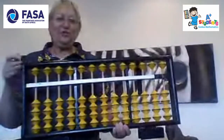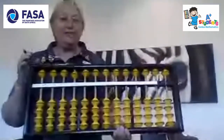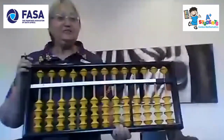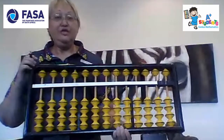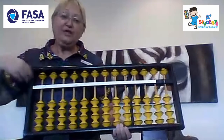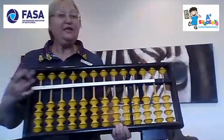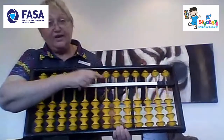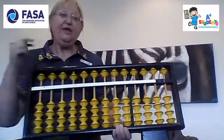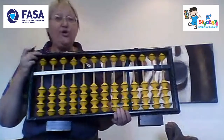Okay, so this is called an abacus. But as we know, an abacus at school days is a counting frame. The counting frame being used in the class is one of those big frames with 10 beads, 10 beads, 10 beads. So it basically teaches the kids to count 1, 2, 3, 4, 5, 6, 7, 8, 9, 10, 11, 12, 13. Now, the abacus, or as it's called in Japanese, a soroban,